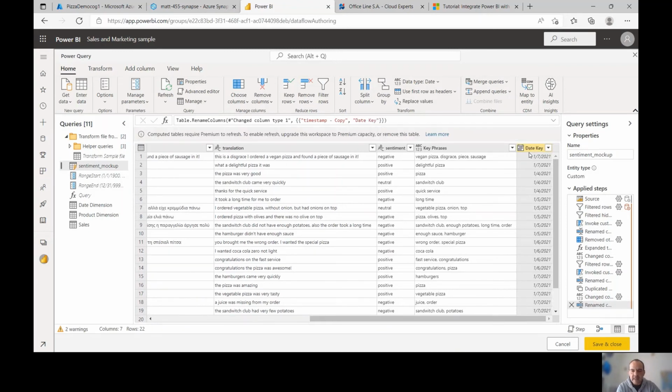While for the product key, I'm going to scan the key phrases, and if I find the product name in that column, I'll set it to be the respective product.